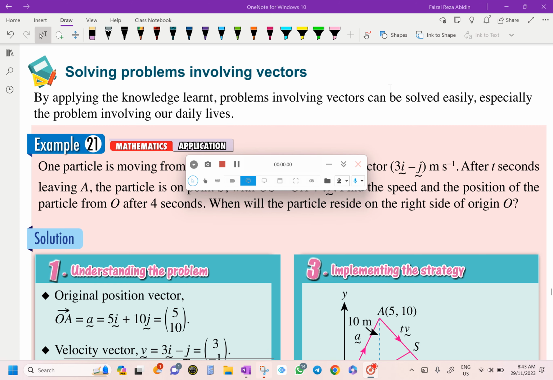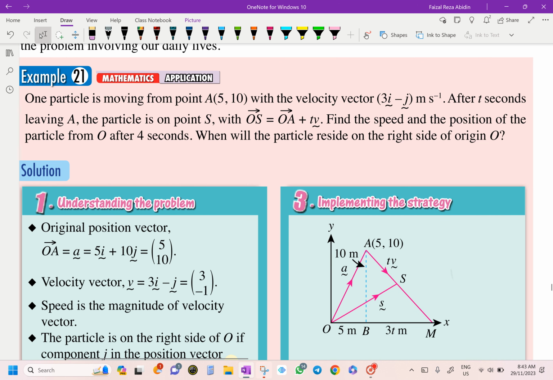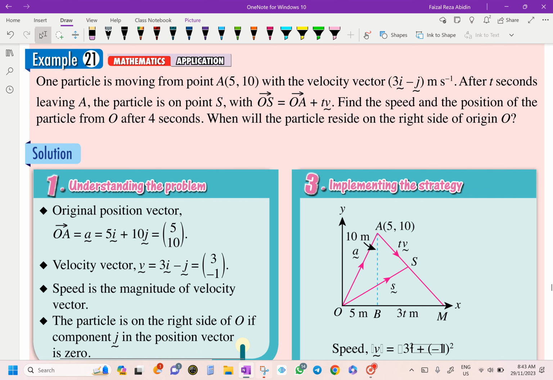Make problem solving involving the vector. Okay. So if you look over here, one particle is moving from point A with a velocity vector. After t seconds leaving A, the particle